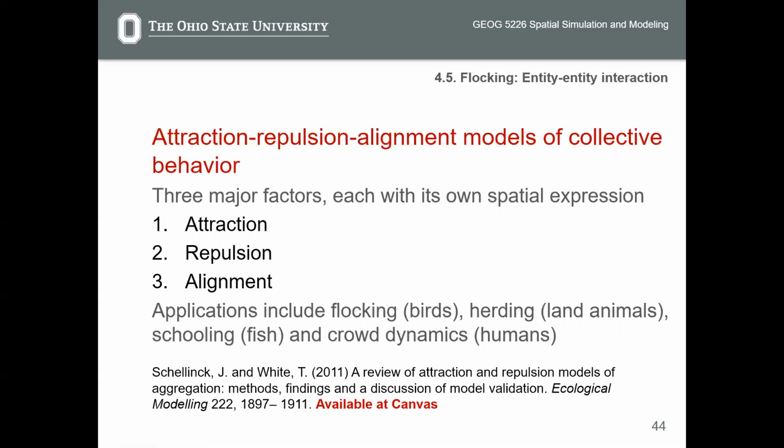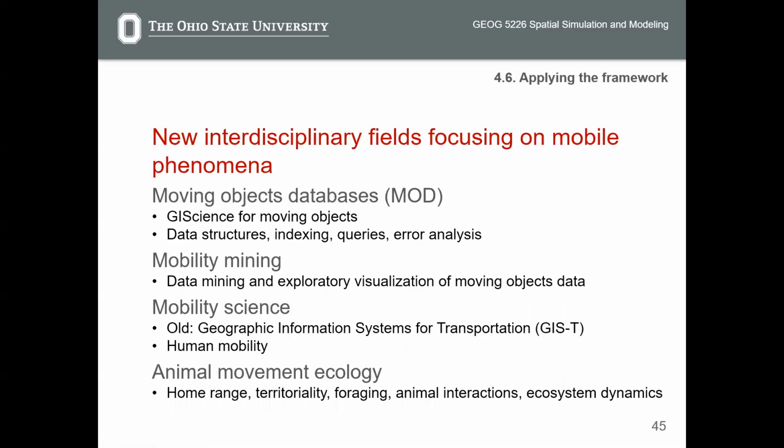They are about mobile phenomena. So GIS science for moving objects can employ this attraction, repulsion, alignment model, data structures, indexing, queries, error analysis, and